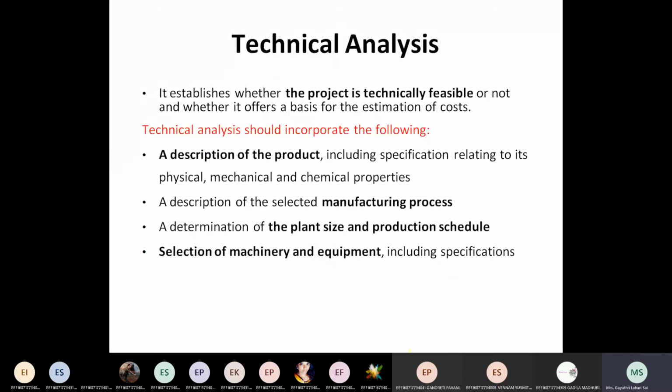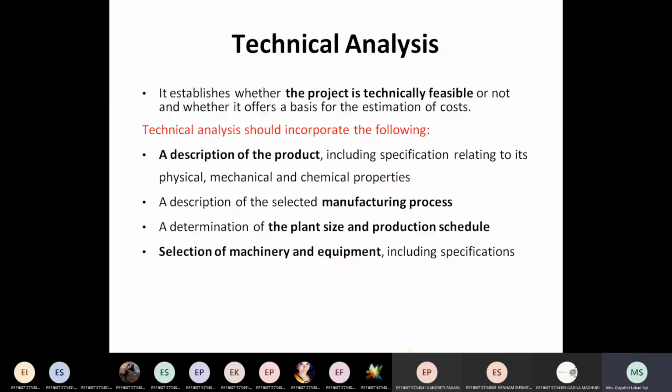So now, after this break-even analysis, please go through some standard textbooks for this entrepreneurship. I said Vasant Desai. Vasant Desai, you have problems. Please solve it. If you have any doubts, just take a picture of it. I'll solve it and I'll give you the solution on WhatsApp. This break-even analysis is very vast. I had given only in terms of unit and in terms of sales. There are many cases. Please try it, and if you have any doubts, just send the picture of it. I will solve it and send you the solution.